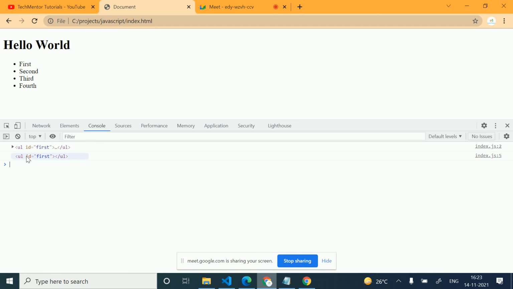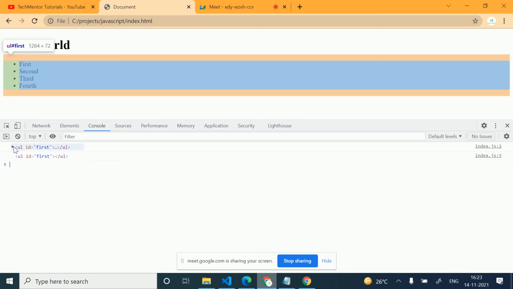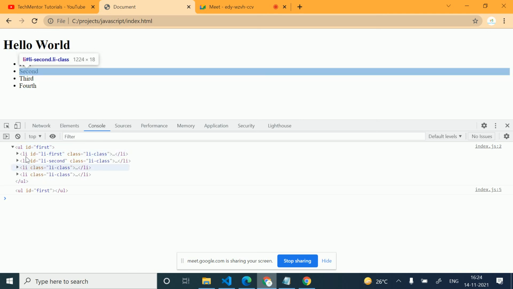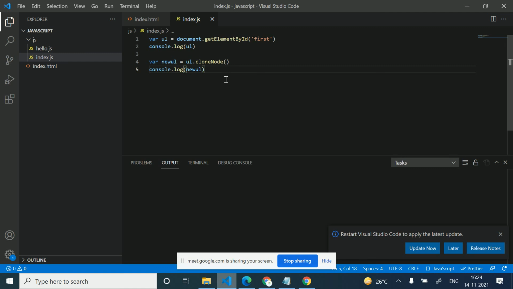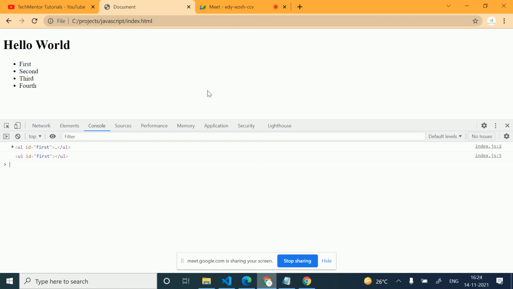Now we don't have the exact copy. We have only the ul id. We don't have the child li in this. You can see in this. So how can we get the exact copy? There is a parameter, false or true.